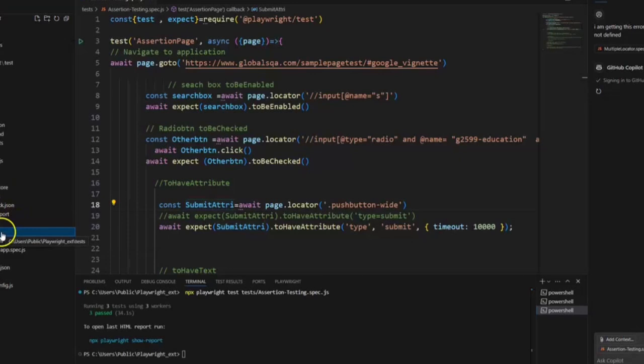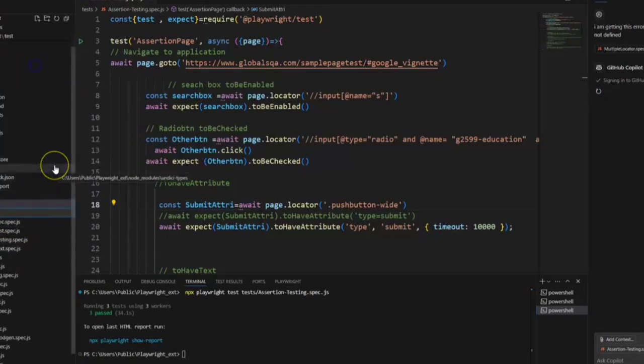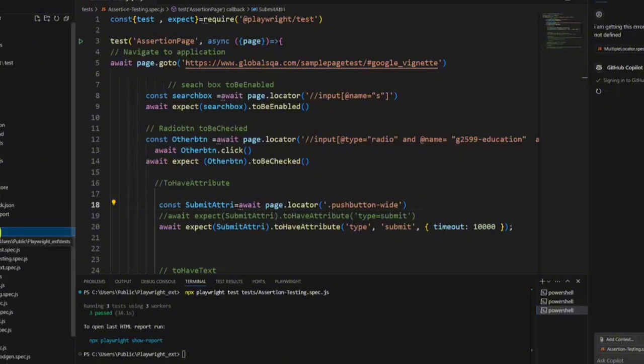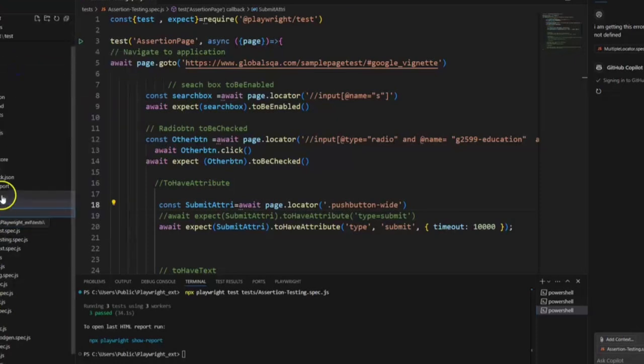Suppose you right click here. First I will show you how to create a file. Right click on the test and it is showing the new file. Select the new file and you will provide the name of the file, or you can go directly to this icon, and you can see here new file. You can click here and you will see this is the input box where you can give the file name. So right now I'm giving the assertion